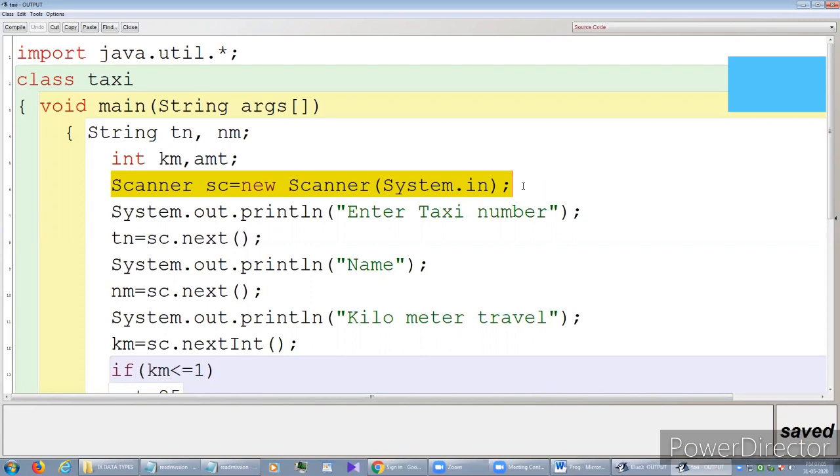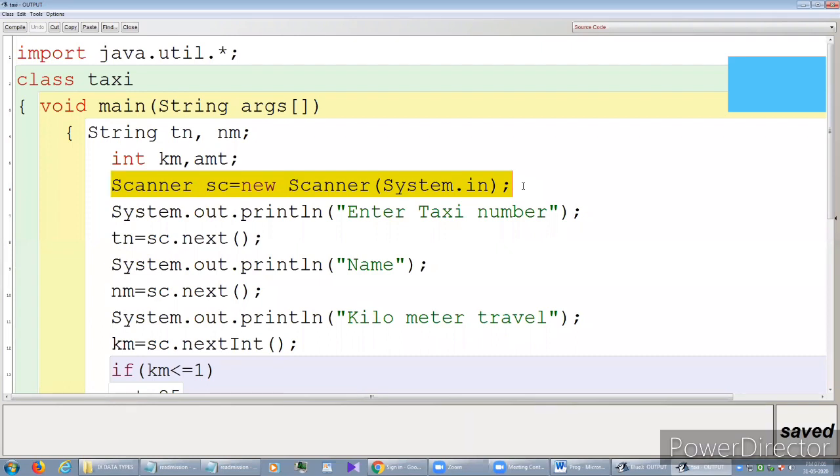In the last class we discussed how to create an object. To create an object we need a class name, then ob equal to new class, then first bracket open, first bracket close. But Scanner is an inbuilt class and this Taxi is a user-defined class. That means the user is going to define this class, and under this package java.util the Scanner class is always available.